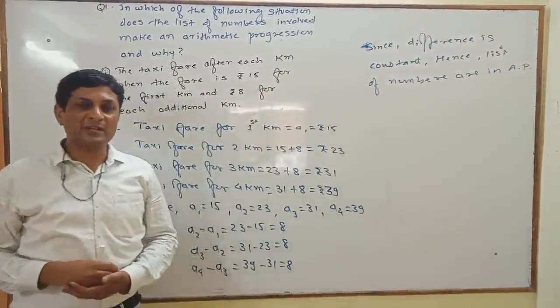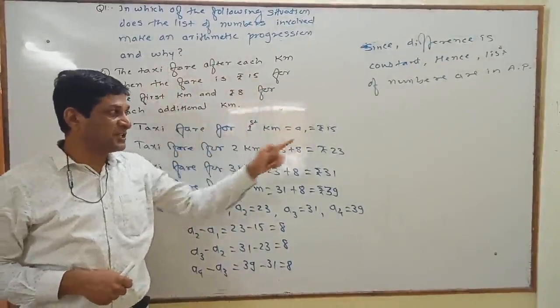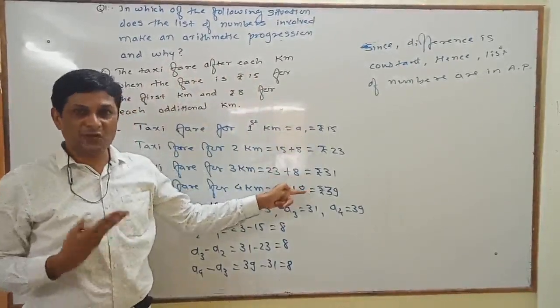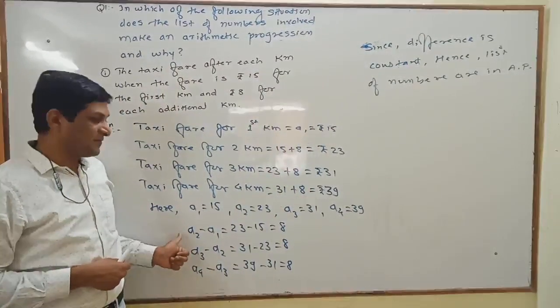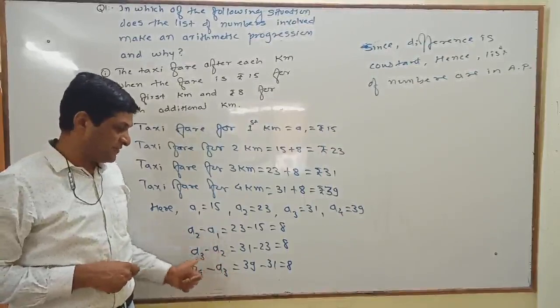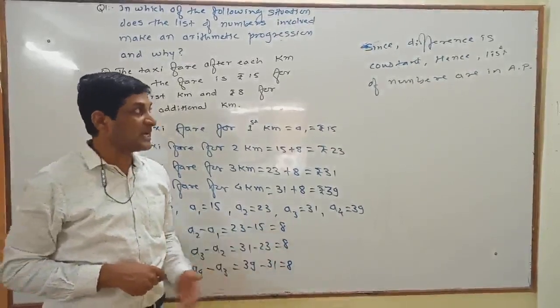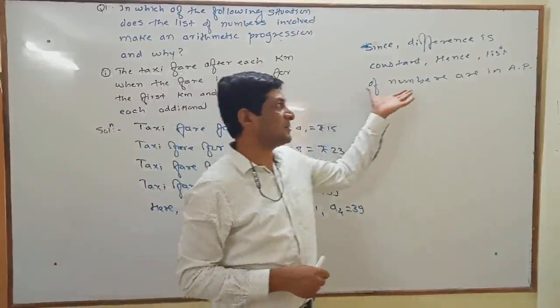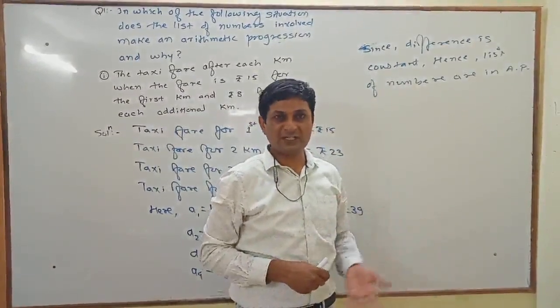The remaining 3 examples we also have to solve using the same method. First, using the given condition, try to find at least 3 or 4 terms. Once 3 or 4 terms are known to us, to check whether they are in arithmetic progression or not, find the difference of any term to its previous term. If this difference remains constant, at that time we can say that the given list of numbers is in arithmetic progression. So hope the idea about the first example is clear.